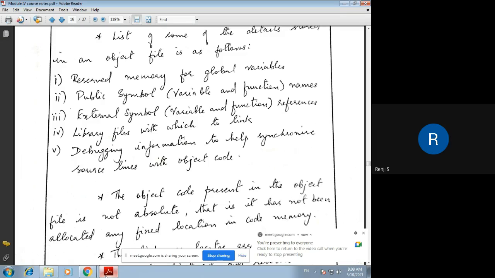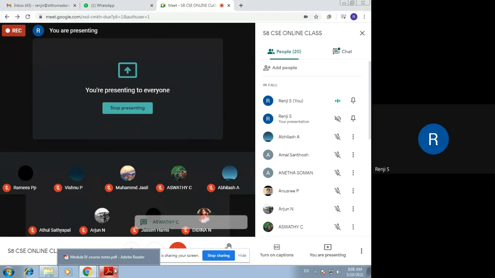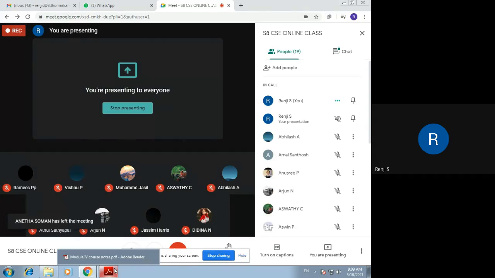Then, symbols that we import from other modules are called external symbols, and symbols that we export to other modules are called public symbols.